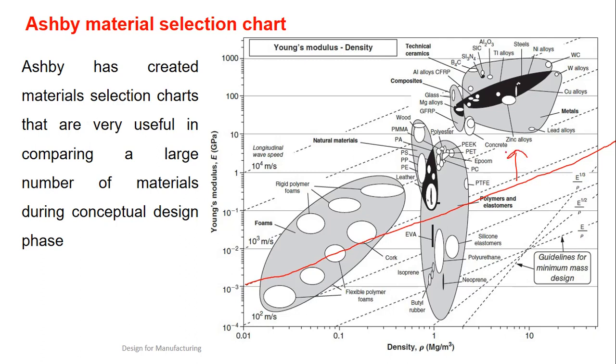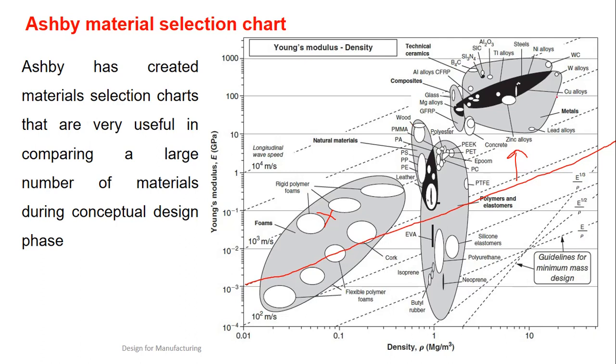Now if you see from this chart, anything lying above this line, I can select any material. So what materials are available? I can select steel, titanium, composites, natural fibers, and foams also. First I got a lot of options of materials which technically satisfy my design needs. Next is the availability of that material. Let's say foams may not be easily available, so I can say, okay, I don't want that one. Now I have the option of wood, which is easily available, steel is available, titanium, all these are available.